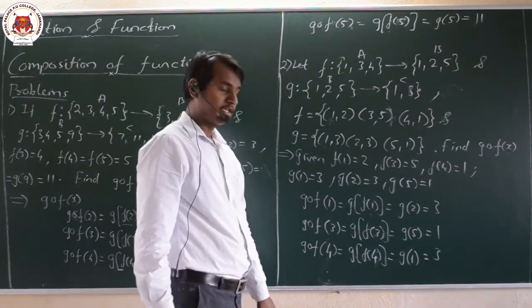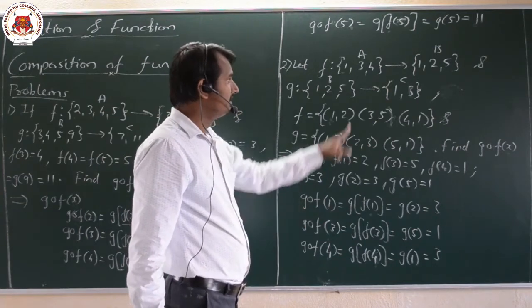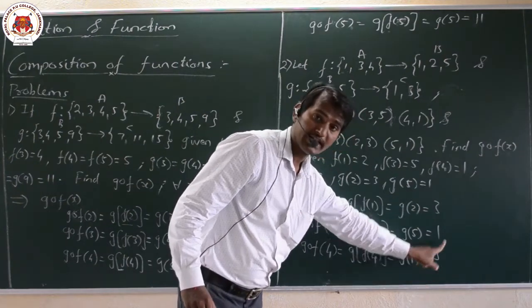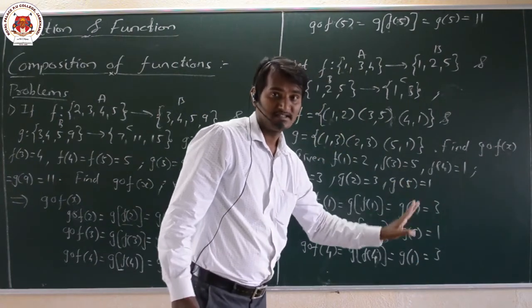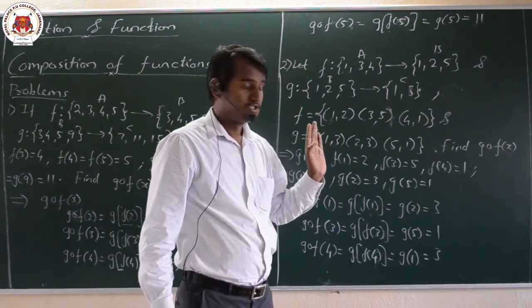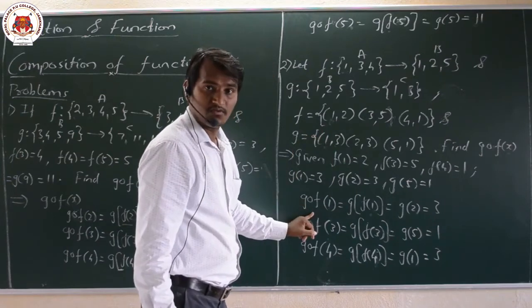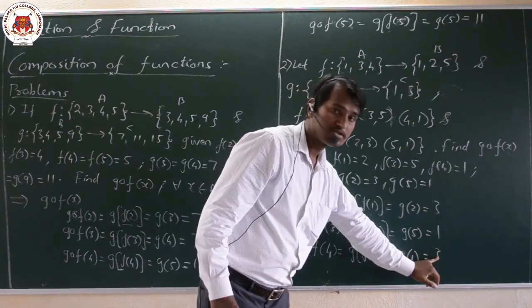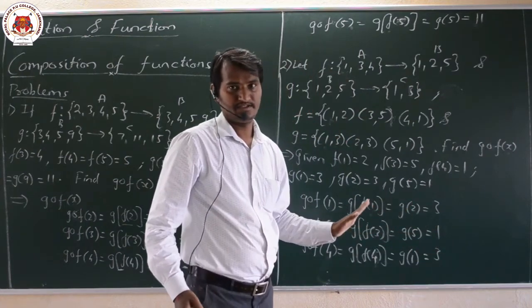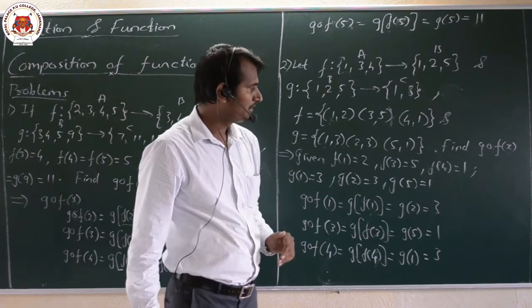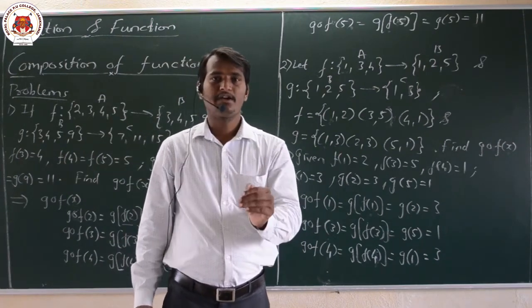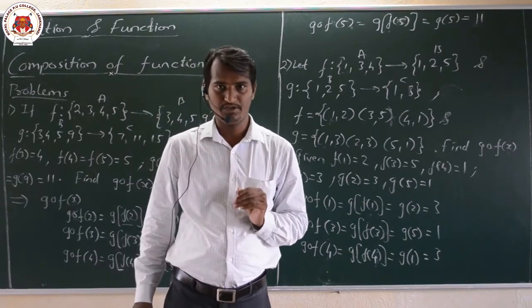Okay dear friends, we can observe that for all x belongs to the set A, all these values, whatever the answer we get, belong to the set C. Is it clear everyone? So for g of f, whatever the x values we are taking, those are all domain, and whatever the answer we are getting, those are nothing but the codomain values. Is it clear? Okay dear friends, these two were simple examples related to composition of function.